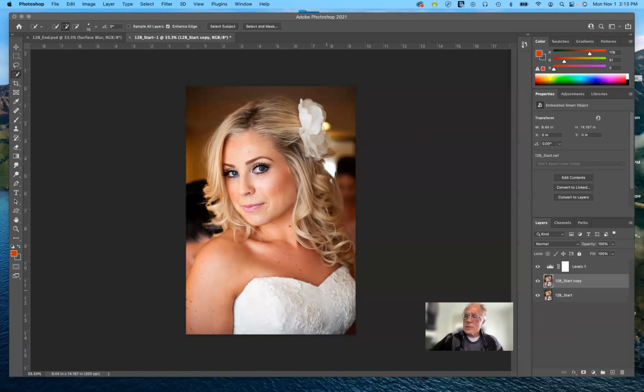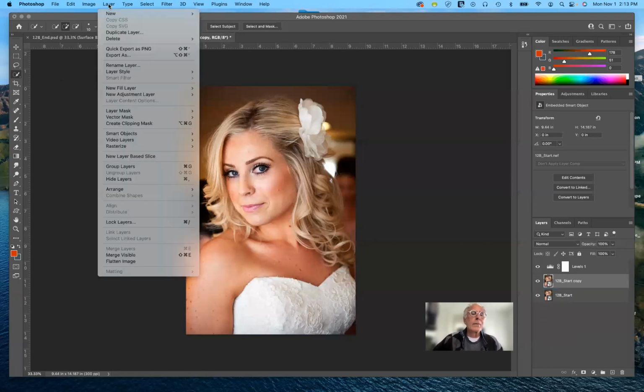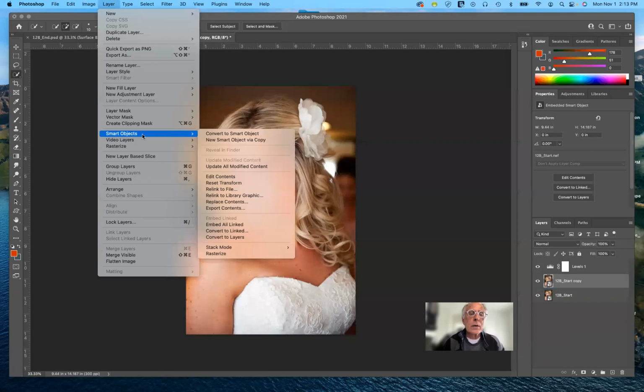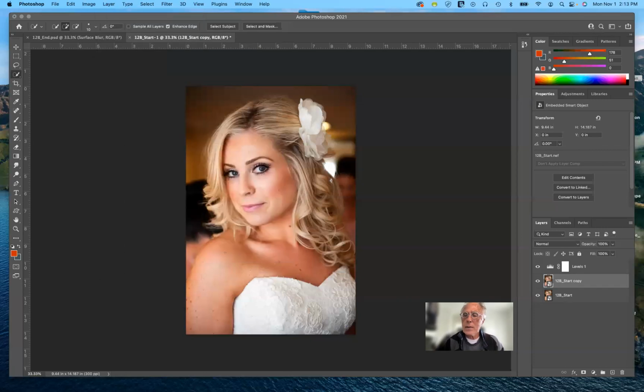To take this smart object and rasterize it, I go to Layer, go to Smart Objects, and say that I want to rasterize this particular one that's selected. There we go. Now it looks the same as the other at the moment, but it enables us to make changes to it that wouldn't be available to us as a Camera Raw image or as a smart object. So I'm going to zoom in a little bit,